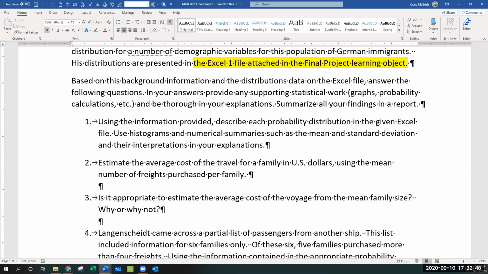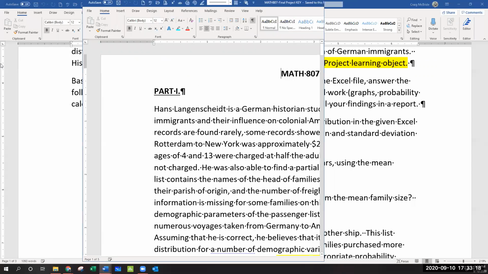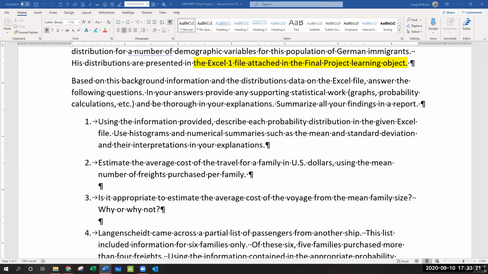So that brings about the second question. Estimate the average cost. So I ran the program for the mean for freights. Correct. And I got 3.116 times 2,000, but I had to assume that I was buying for an adult. Because it didn't give me how many, out of the family, like the mean 3.5, it didn't give me a mean for kids and a mean for adults. Do you know what